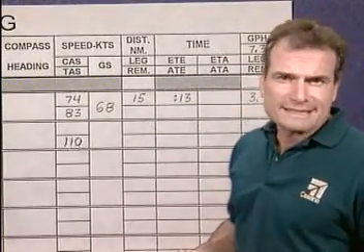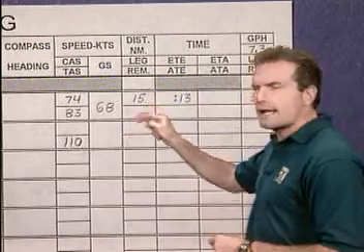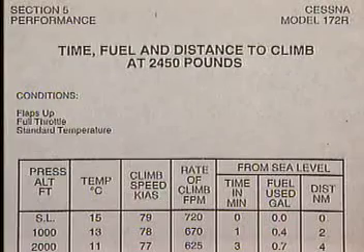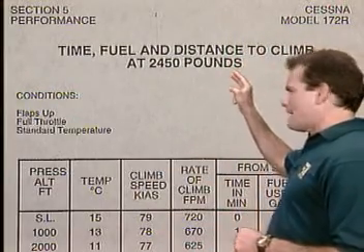First is the distance, which we measure from where we think we'll be leveling off to the next checkpoint. In this case, we believe we'll be leveling off 15 miles after takeoff, and we can put that in right there. Now, we figure this out from the time, fuel, and distance to climb chart in the Pilot's Information Manual,